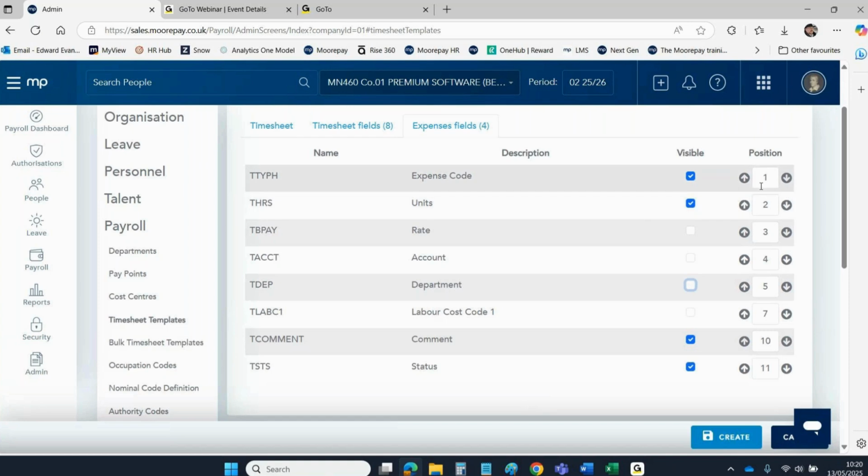Now you can change the order as well, so you can see here got the expense code, the units, and if you want to rearrange these, you can use the arrows to move them up and down. So you can choose to change those around if you want to on there as well. Now, once you've got the fields that you want to see on here, you can then go ahead and create that. So if we just click on create,